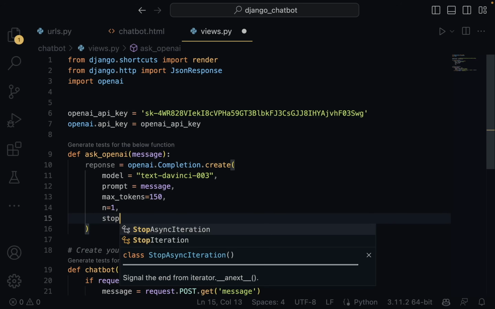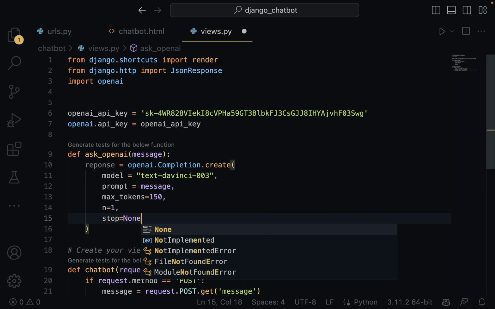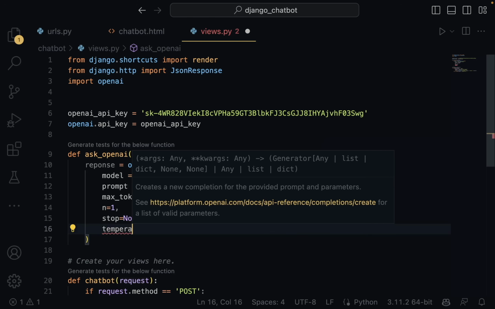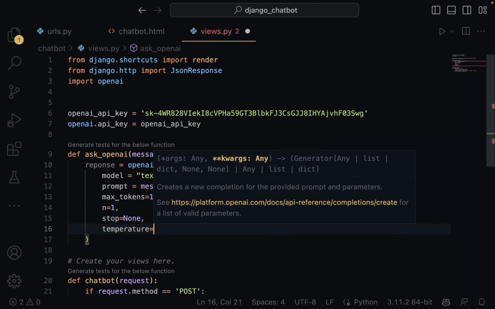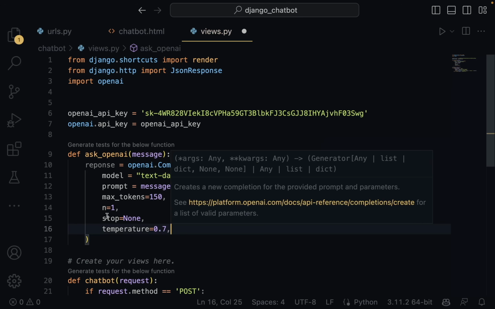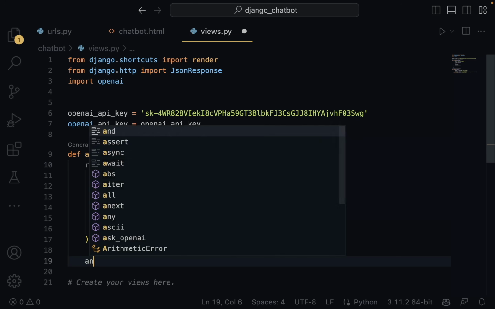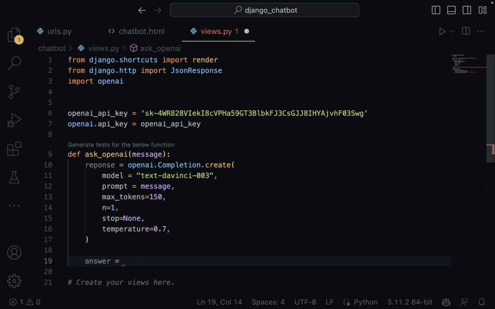So we can say stop. Let's just say that as None, so it doesn't stop for any reason. And then temperature equals 0.7. So these are the parameters you need to specify to be able to send this or to be able to get a response. And now we're going to say answer, which is a response, equals response.choices. This is how we get the actual text response. I want to get the first one, right? And I want to say .text.strip